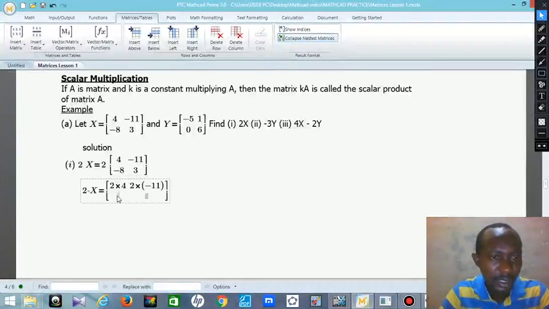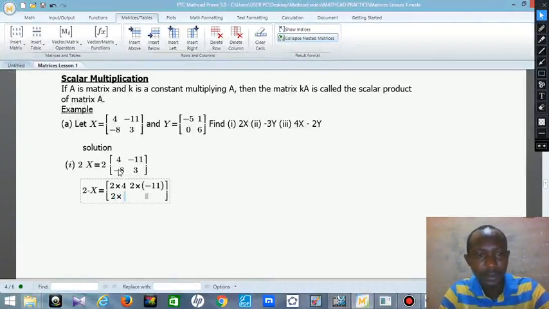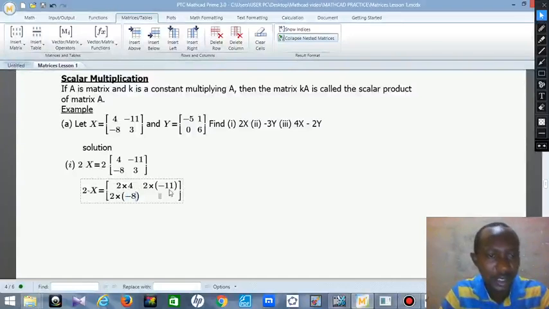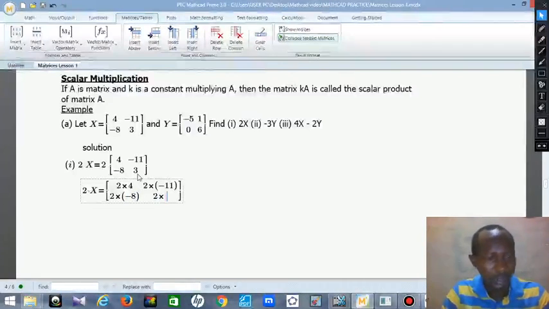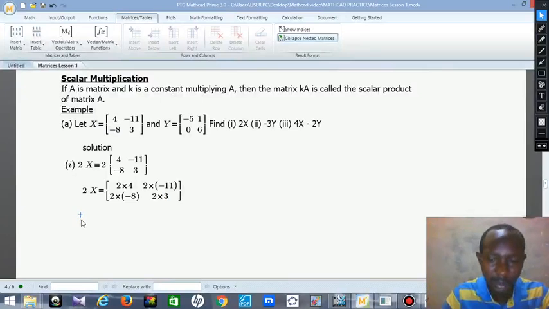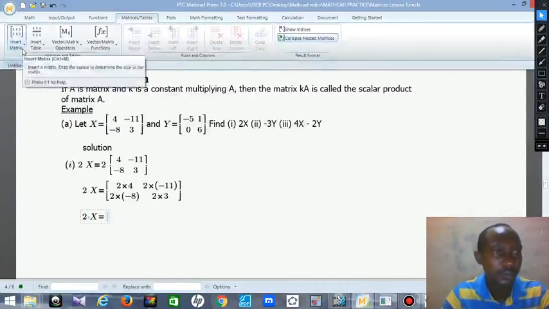Then 2 will still continue, 2 times minus 8. So 2 times, put the minus 8 in bracket, 2 times minus 8. Then finally 2 times 3. This is 2 times 3. Then your answer is now going to be 2x now equal to